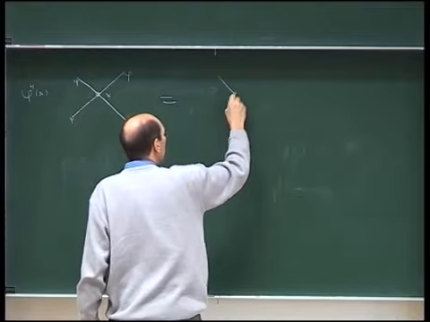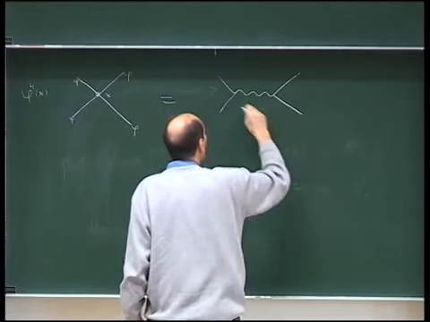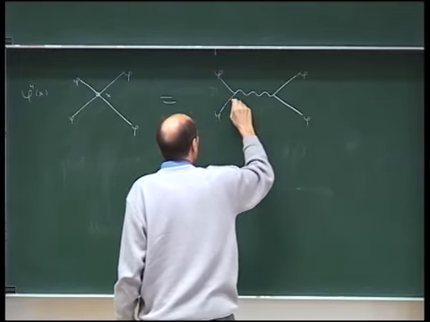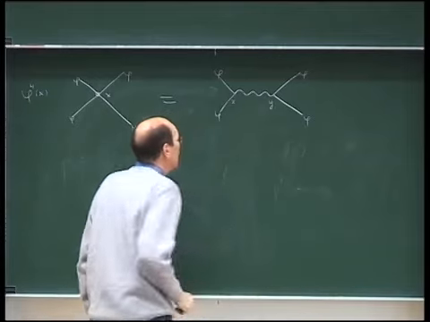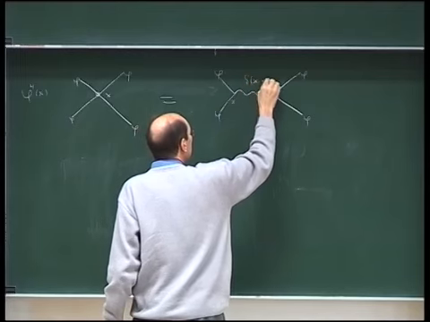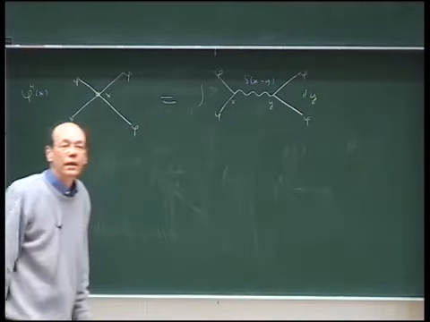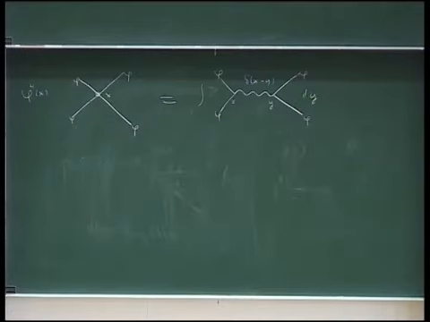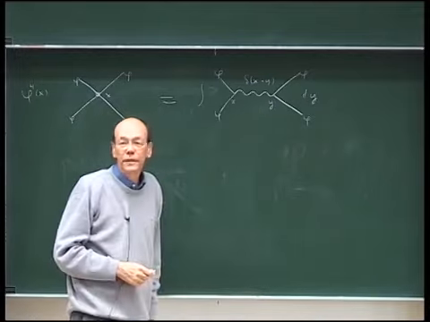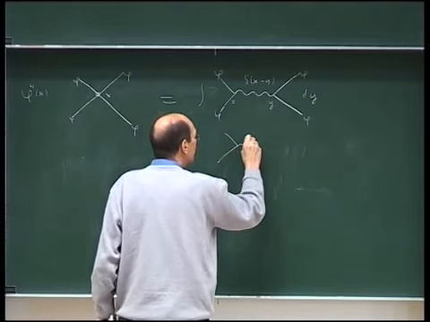So we put an intermediate field, and it just looks like this. Here you have x, here you have y. And here it's a propagator, and the propagator is a delta function. So you integrate over dy, and it's the same thing. So it's the propagator of a certain field, and I call this field sigma.